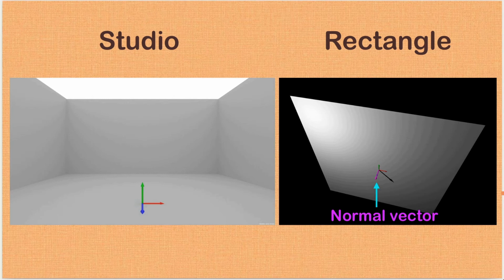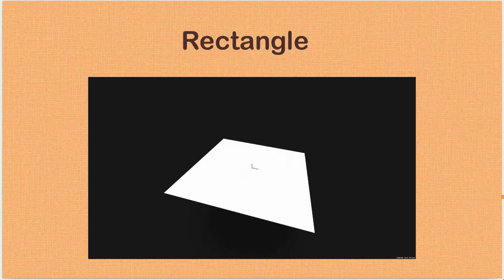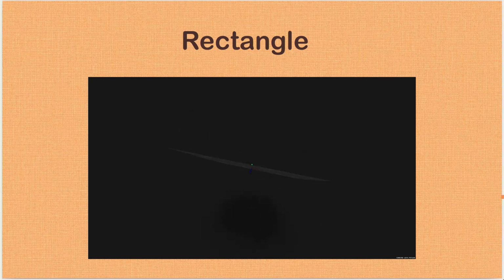But to make a floor, we have to perform some transformations on this default rectangle. By looking at the image on the right, one can understand that all we have to do is to rotate the default rectangle about the x-axis. That's correct, but before doing that, let's take a step back and introduce some notation. We need to rotate this plane about the x-axis. And we also can easily observe that we have to rotate it by 90 degrees.